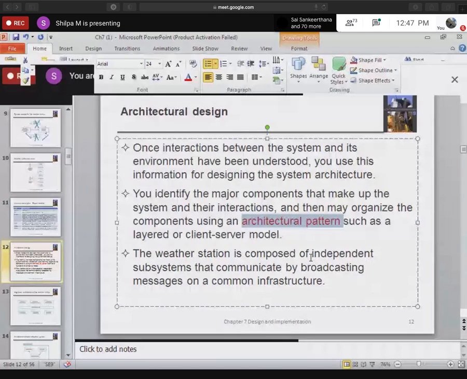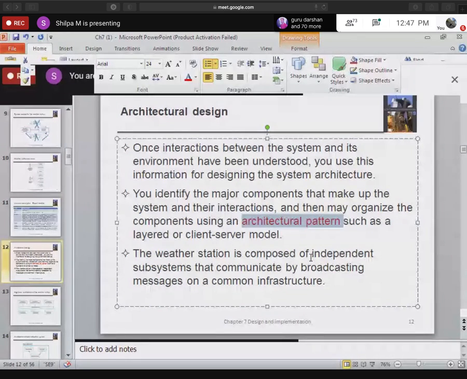Why do we have to use the same only, ma'am? It is not a hard and fast rule, but it is better to use it, because they have tested it and verified it. By using that, there are so many things you will be solving. Naturally, if it is the first product which you are designing, you will not know the in and out of it. So if someone has already done it, we will try to copy it, right?